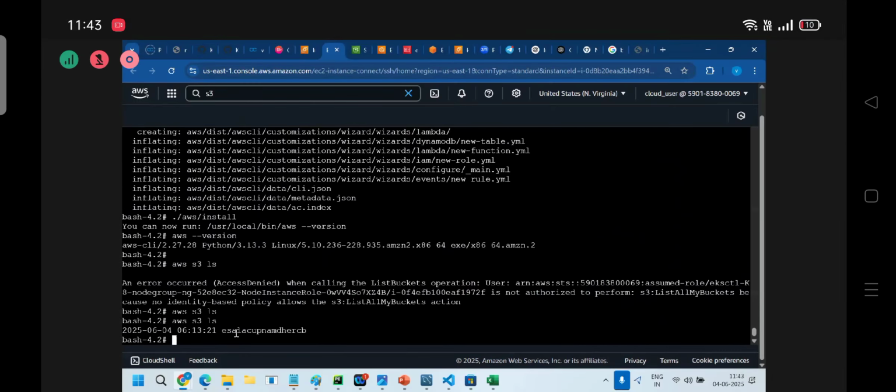Okay, now the point is very clear. My pod is able to access S3. So how? With the help of the node role ARN. The pod is running inside the node, right? The pod will check with the node first. Node level permissions are there. It will go to S3 and get the permissions. For example,